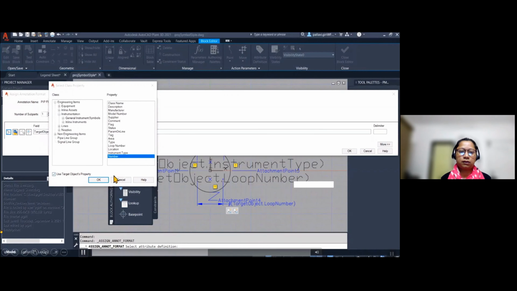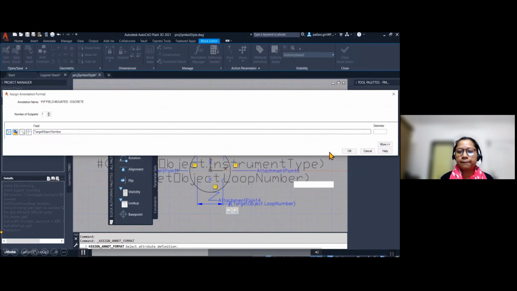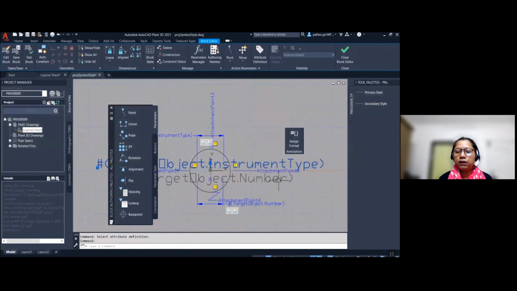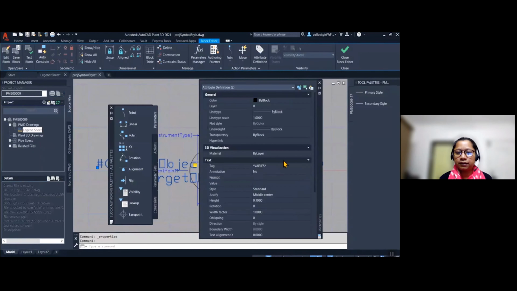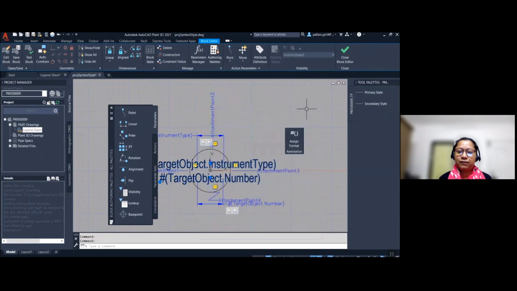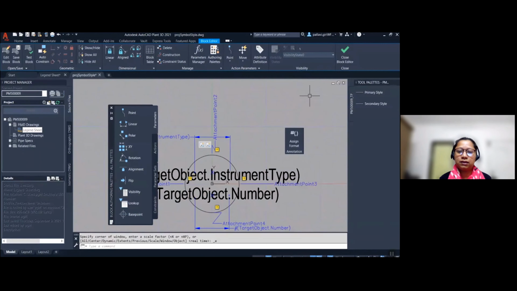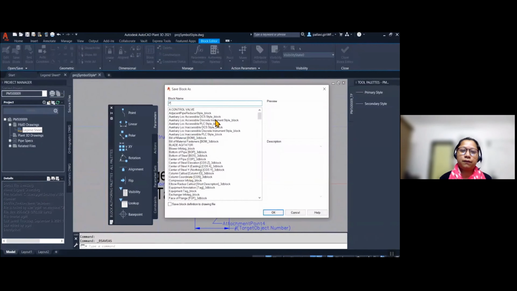Okay. And here we need to change the text style also. I'm sorry, the text style. So I'm changing that, which is created by me. You can see our symbol is ready. I'm going to save this block with my session ID.